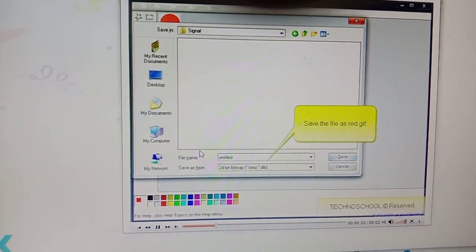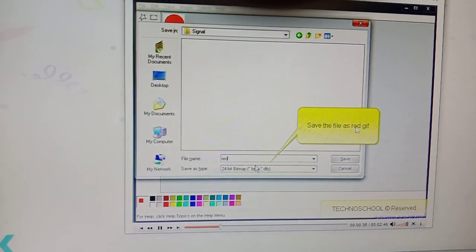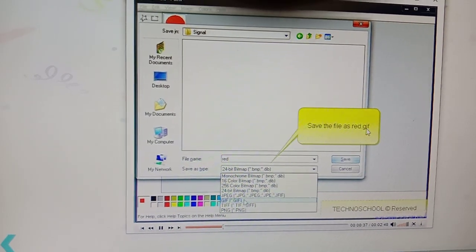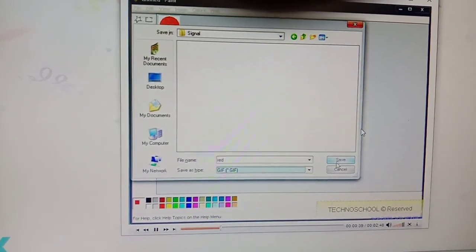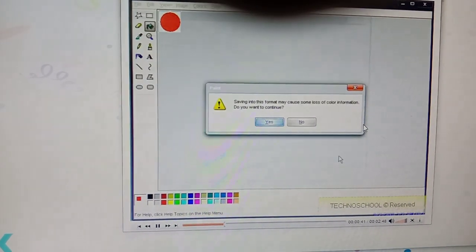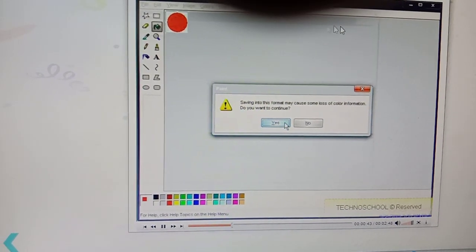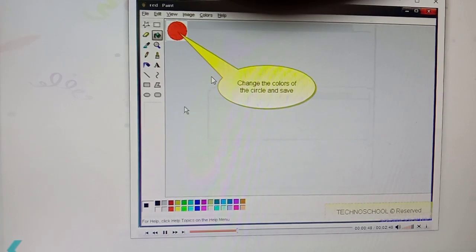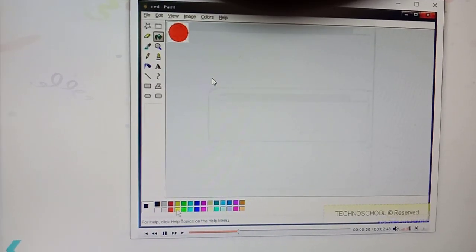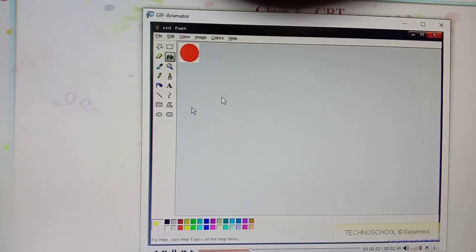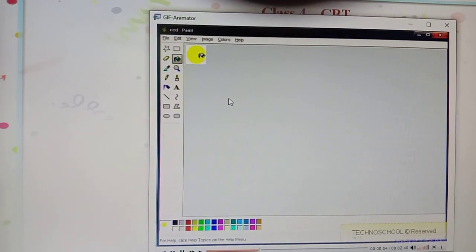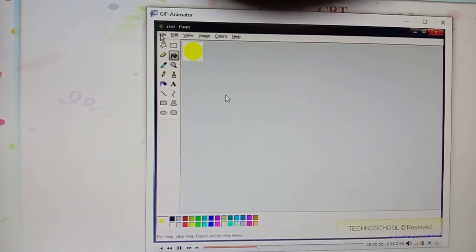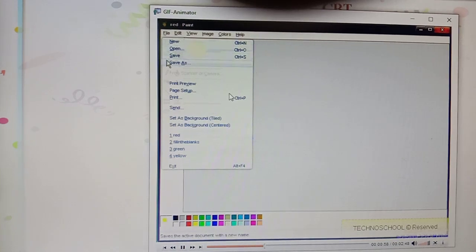This is for creating a folder. So while saving your file, you need to save it as .gif. Okay. It will give you an alert whether you want to save in the form of GIF. Okay. You can save 2 to 3 images with different names with the extension of .gif.